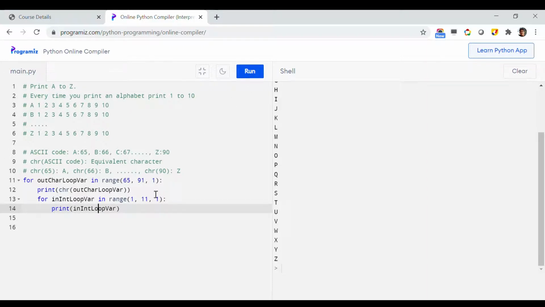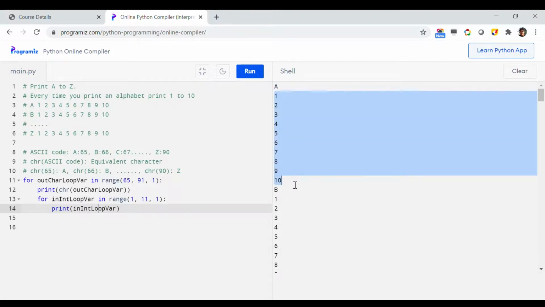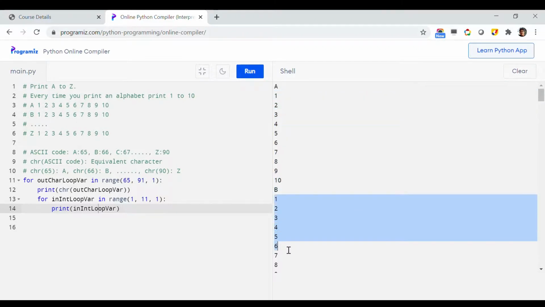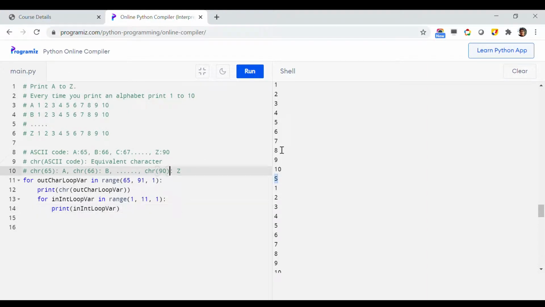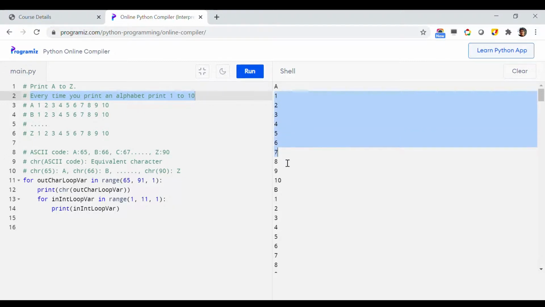So now if I just run it, as you can see, it first prints A and then it prints 1 to 10. Then again another alphabet B, and then again it printed 1, 2, 3, 4 until 10. Then C, and then again 1 through 10. And in this way it is moving. Okay, so well, the problem is almost solved, but not quite. Well, we got this thing: every time you print an alphabet, then print 1 to 10. That part is done, but